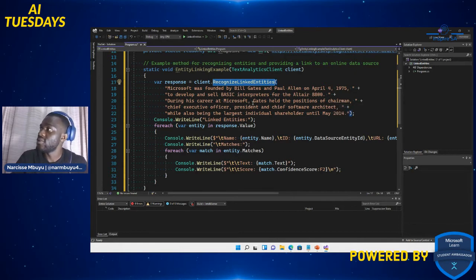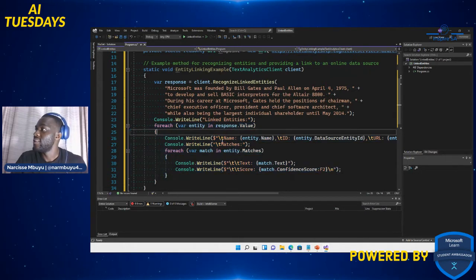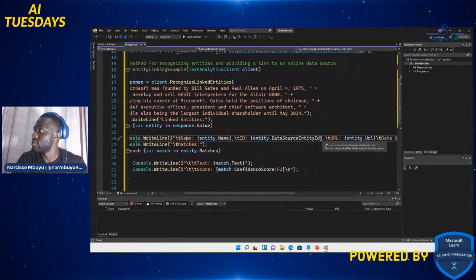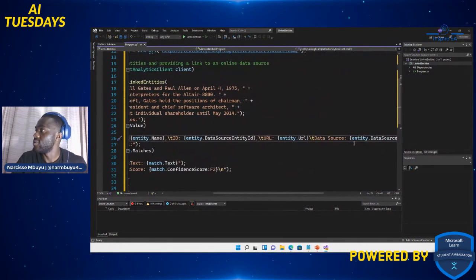After it's finished extracting the entities in this statement, we're going to output the results. First, we're going to output a title, so make it nice and fancy: Console.WriteLine linked entities. Then for each entity that's found, we output the name of the entity, the data source, and the link to that entity.